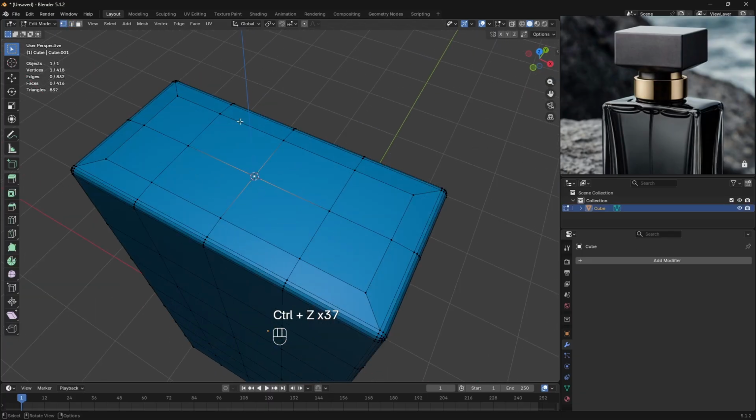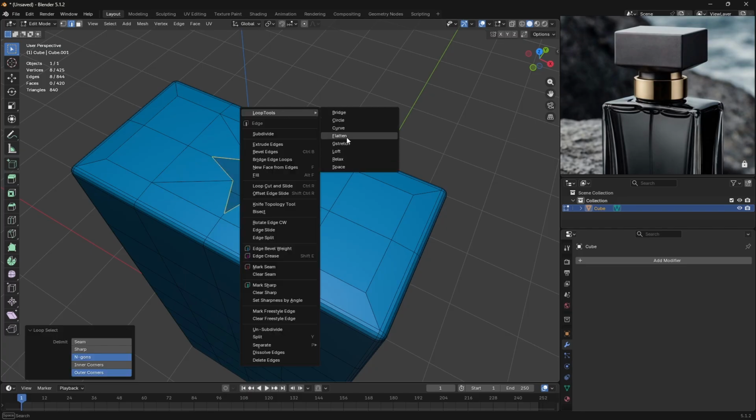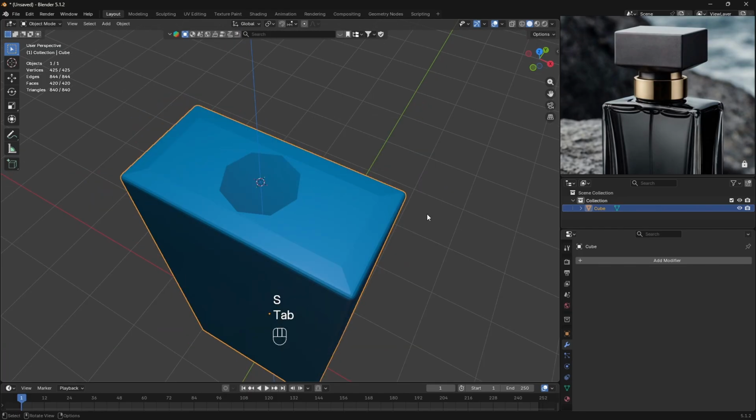So without deleting the middle vertex, you're gonna press Shift Control B, sorry, and do just 2 segments, just like so. You're gonna select those in here and join them. I will do the same with this side, and this side, and this side. And you're gonna delete the middle vertex. You're gonna go to the edge mode, select everything, right click, Loop Tools, Circle, and we can scale it the way we want.